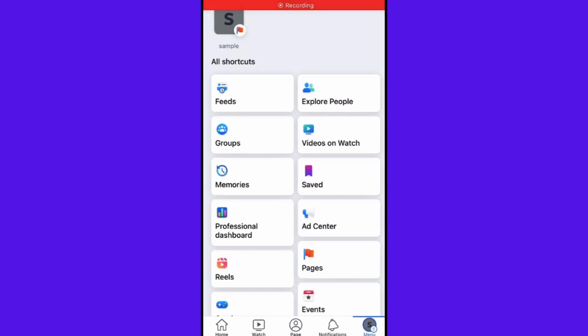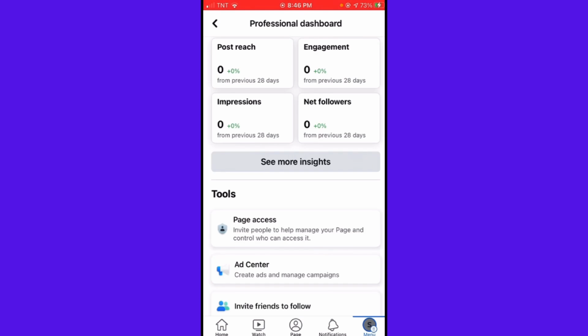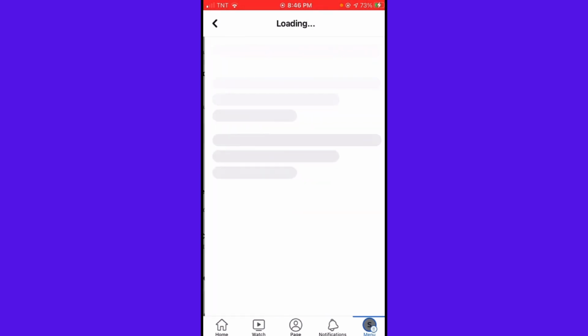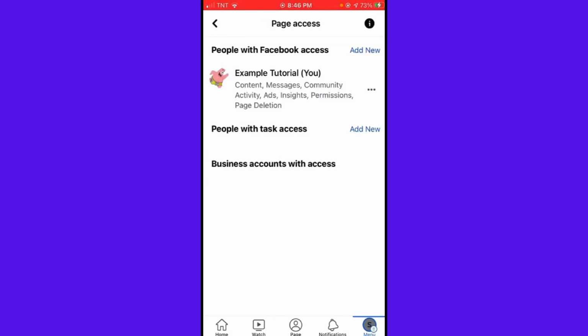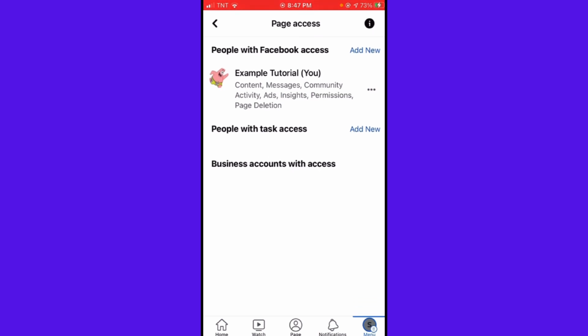Once you've clicked the menu button, just go ahead and scroll down until you see Professional Dashboard and click on that. Here you want to click on Page Access. And then here you can choose if you want to add the person to people with Facebook access or people with task access. So if you want a person to have access in all